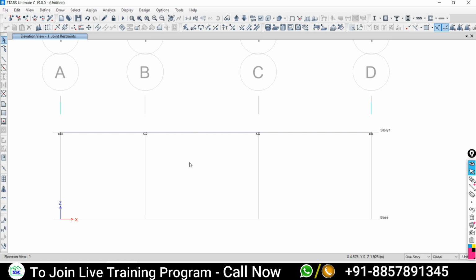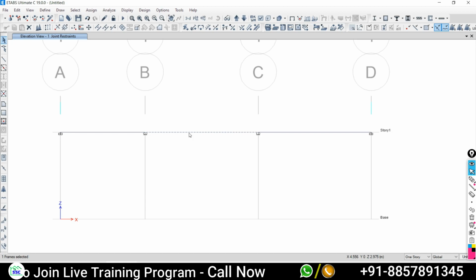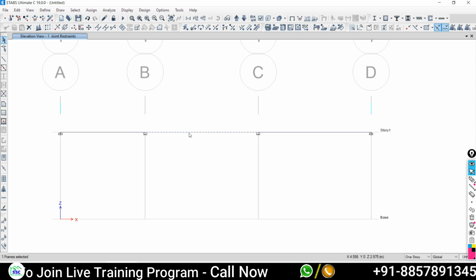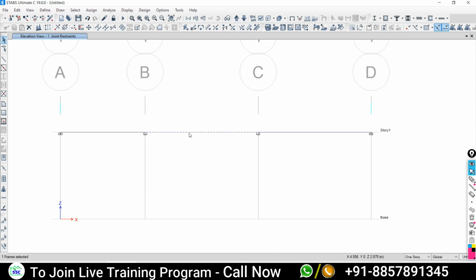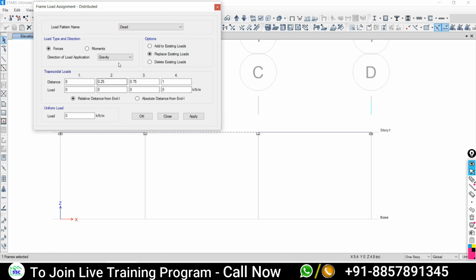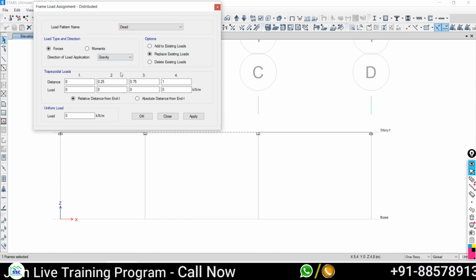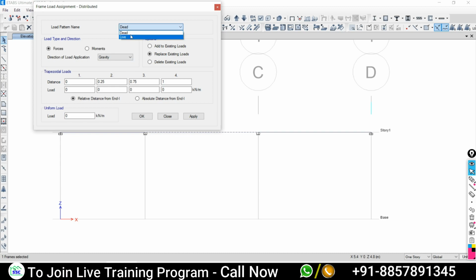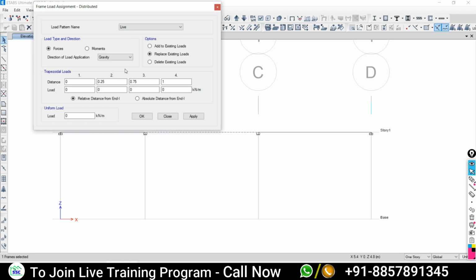Select the frame, go to assign, frame loads, distributed, uniform load. Change the load pattern to live first.